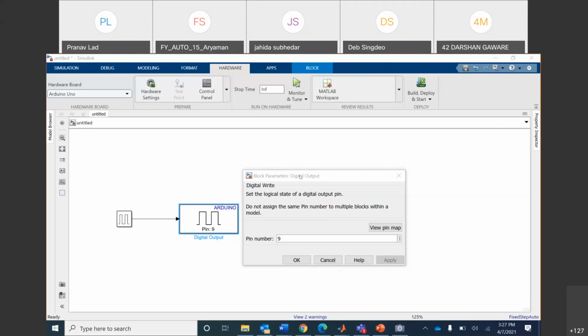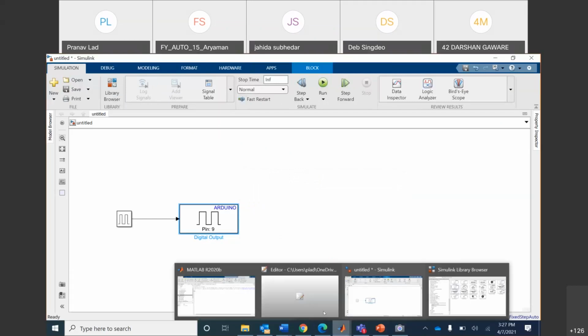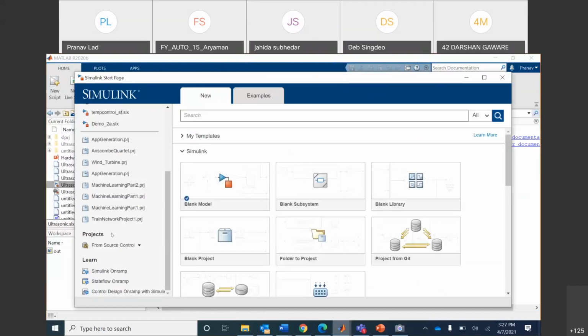But if you are new to Simulink itself and you need some help in building blocks and models, once you open Simulink, instead of creating a new model, on the left-hand side if you scroll down, there are these 3 courses available: Simulink on-ramp, Stateflow on-ramp, Control Design on-ramp. I'm using 2020 right now; if you install 2021A, you have another course like Simscape on-ramp. These are self-paced courses which you can go through if you're totally new to Simulink itself.